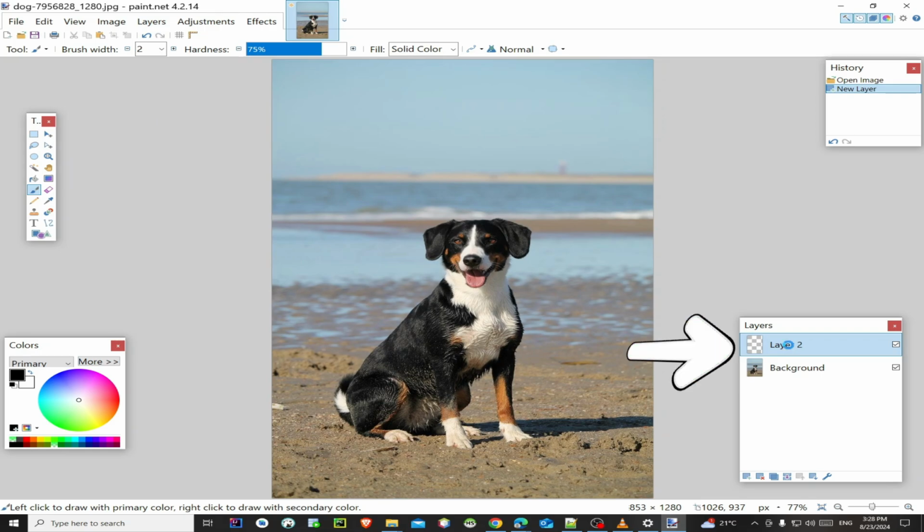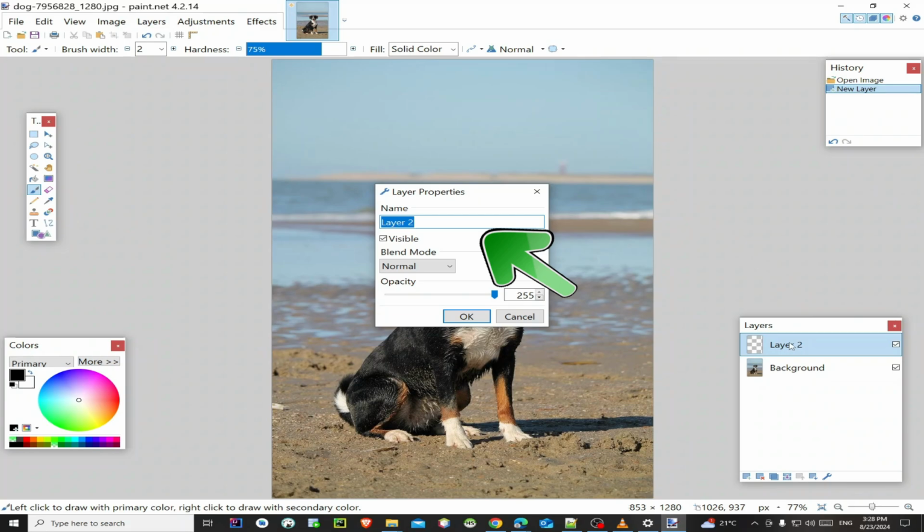I'm going to double click on it like this, then right here I type transparent. So I wrote transparent layer background.